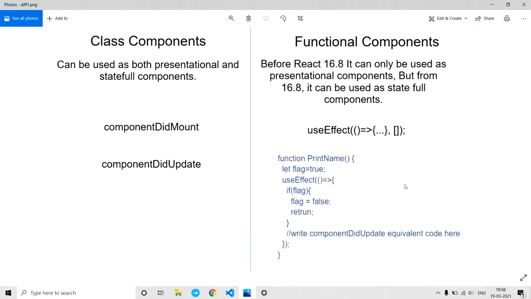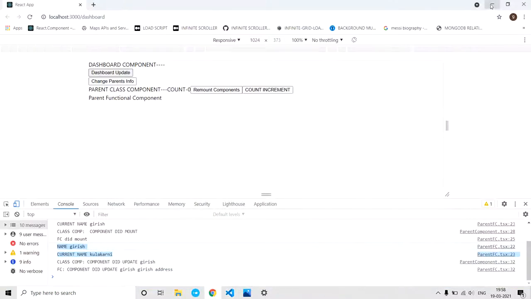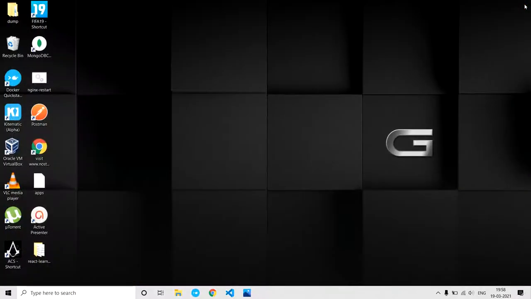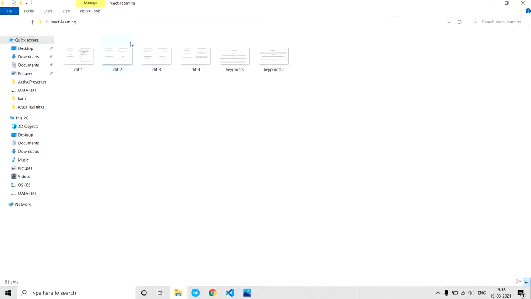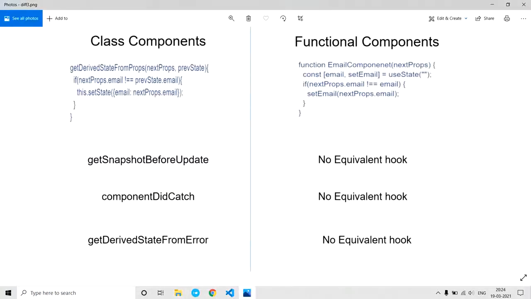Let's go to the next lifecycle method. Let's open it. I have made some small images for you guys. The next lifecycle method is getDerivedStateFromProps. This one is used when we want to update a state when the prop changes.